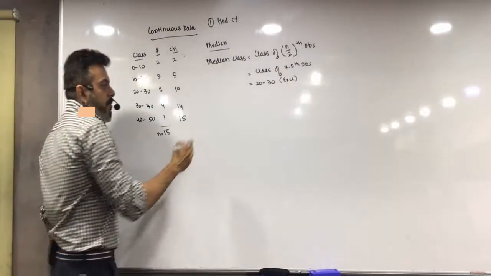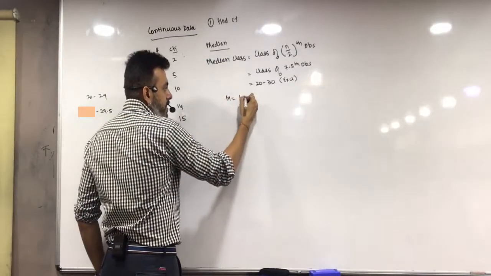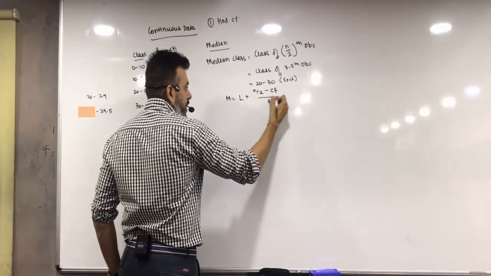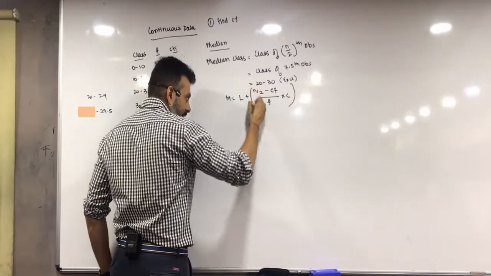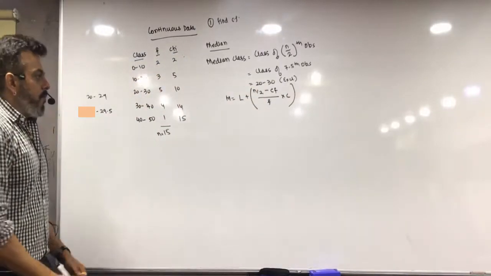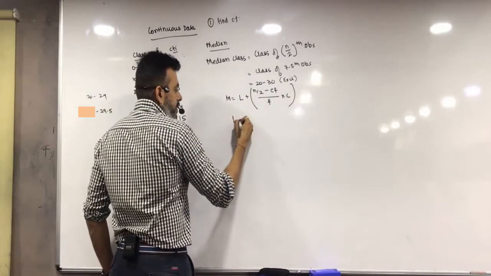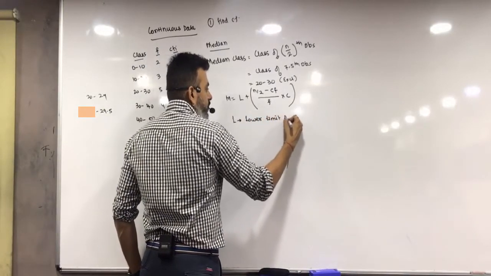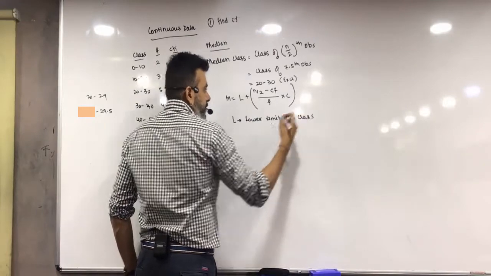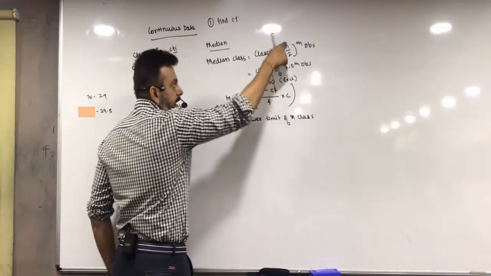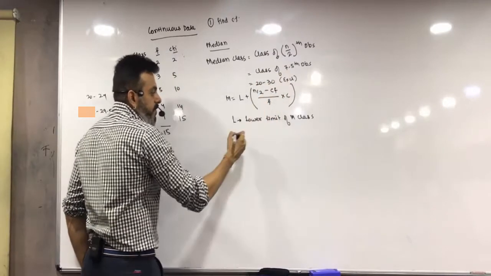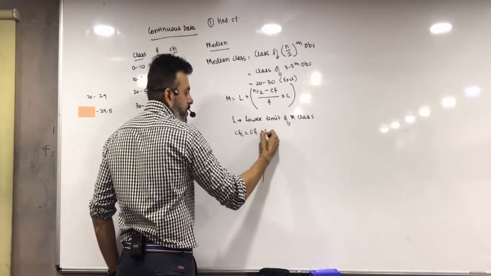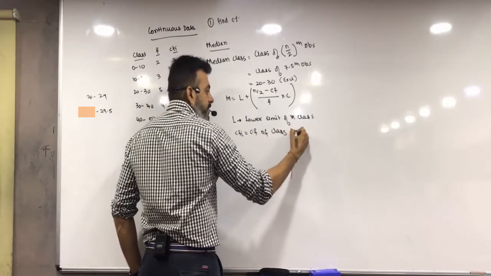Don't forget this. Now, median is equal to L plus (n by 2 minus CF) upon f into c. We write in brackets like this. Now, what is L? L is the lower limit of the median class. Where will n by 2 come from? Directly from here. Now CF is important. CF is the cumulative frequency of the class preceding